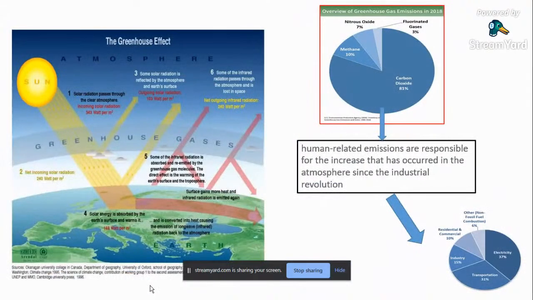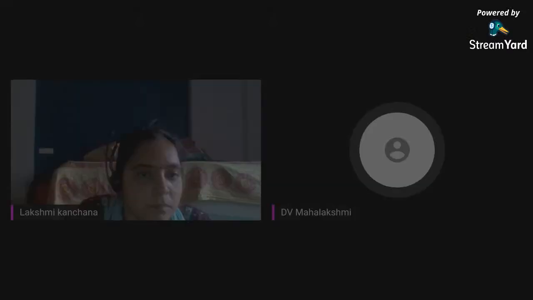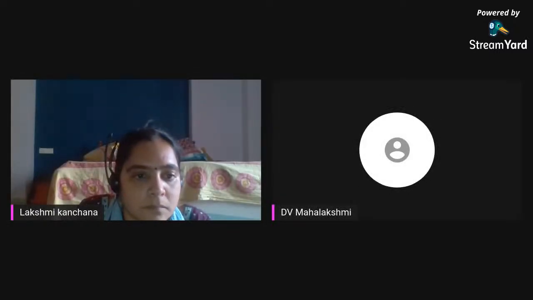And coming to the next, this is the energy. The Sun's energy is coming to the Earth's surface. Some of the energy is absorbed at the Earth's surface. After absorbing, the Earth, as per Stefan's law, any energy above 0 degrees